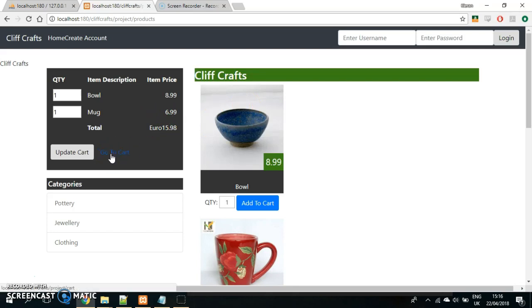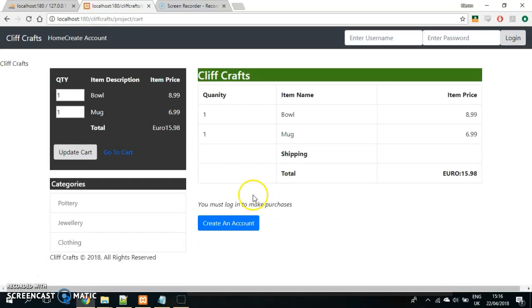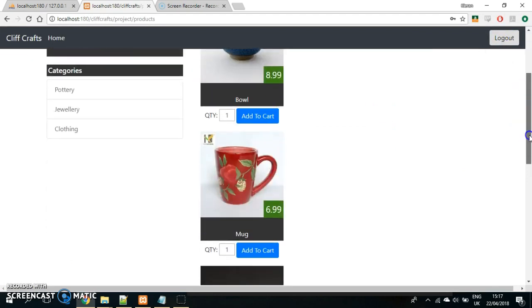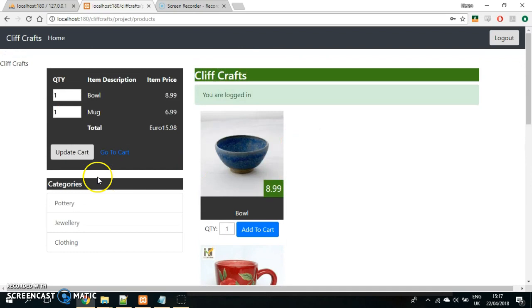Now, go to cart, brings you to the cart. If you're not logged in, you have the option to either log in here or create an account. So in this case, we'll just log in as John. And that brings us back to the home page. So go to cart,